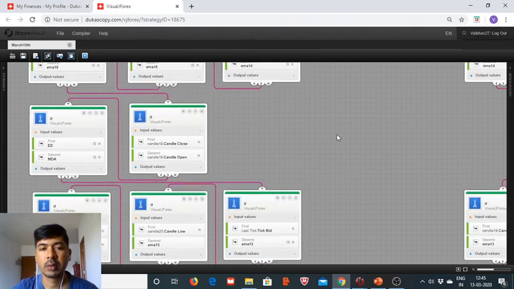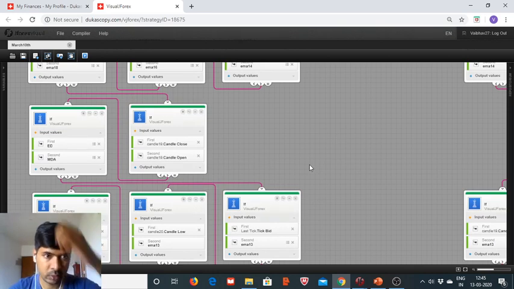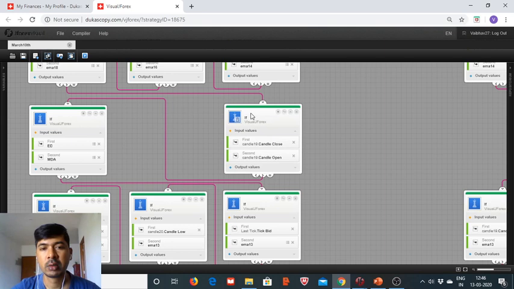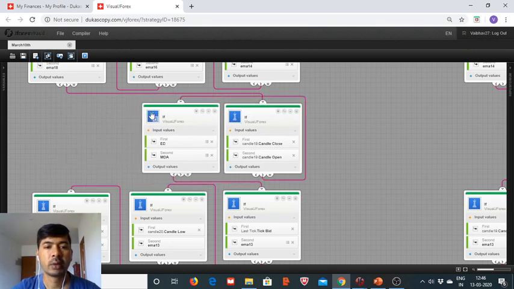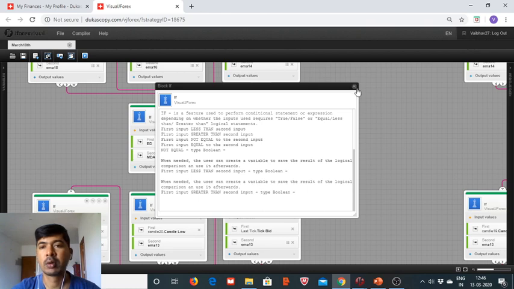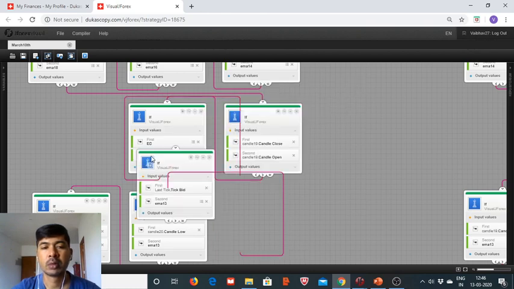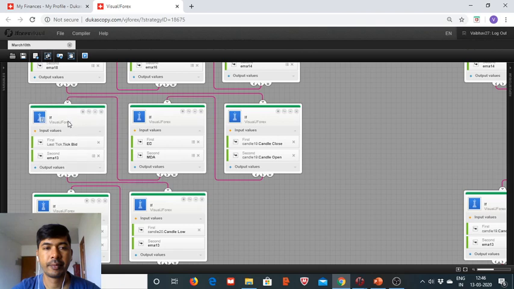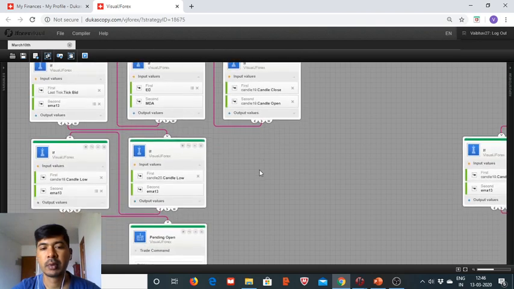I think we will need to change here, and this block goes up, and